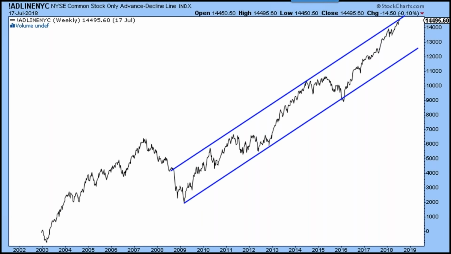One of the most positive aspects of this market is the continued advancement of the advanced decline line. This is the New York Stock Exchange advanced decline line weekly with common stocks only. It strips out any ETFs and any bond funds, closed-end bond funds. And you can see the trend solidly higher. So this would indicate that the odds are that the trading range will probably resolve itself much sooner. This is the price action that took place when the market traded sideways for almost 20 months. You can see it hit support and then a blast off has taken place. So this is continuing to send a positive message to the overall market. Long-term participants in long positions, I think, would only get a concerning message if we'd see a support break in